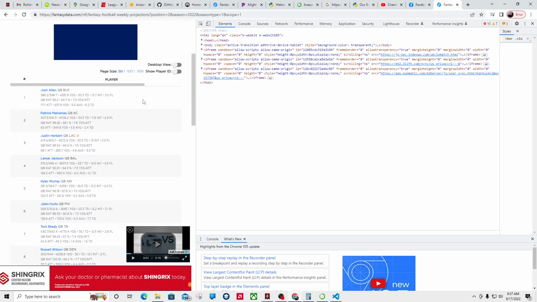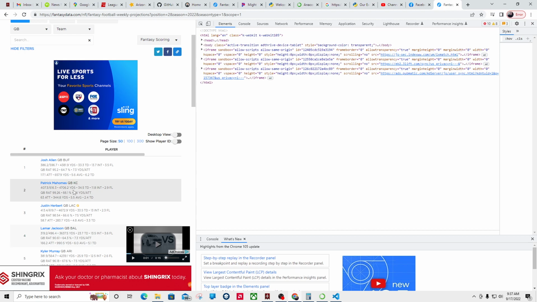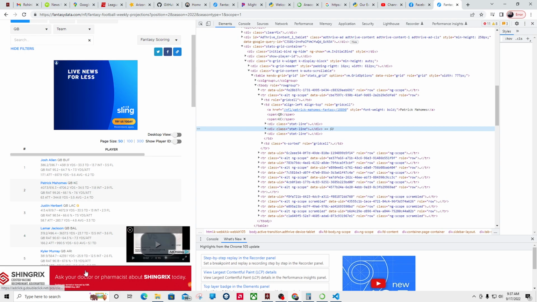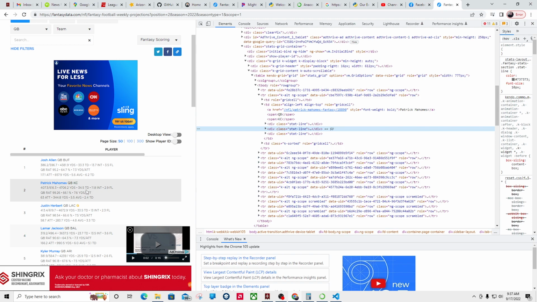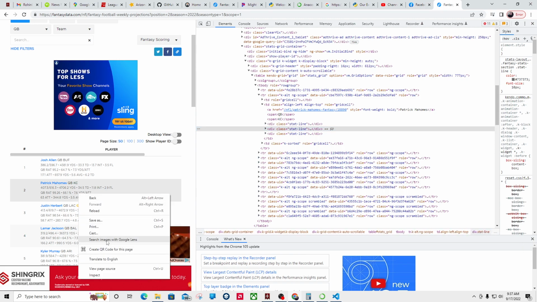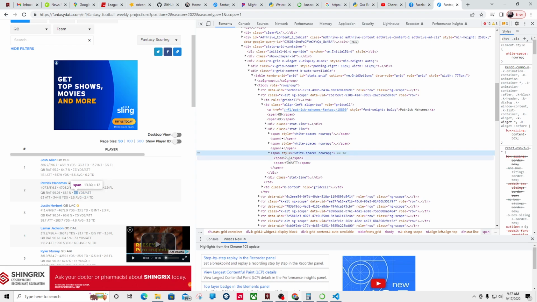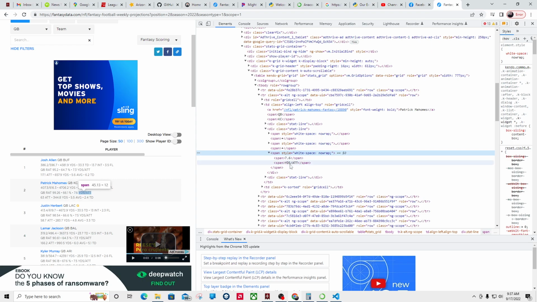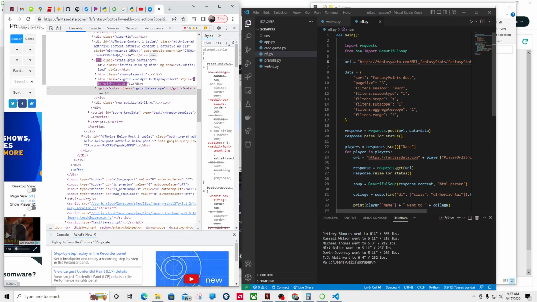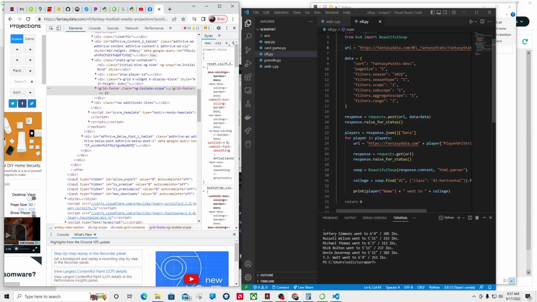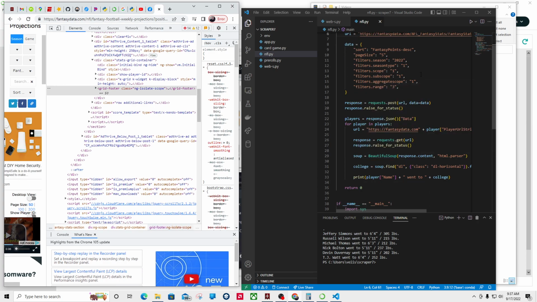This is actually happening to me on the other one too, where you see all these stats. If you right click and inspect, it should take you right where the stuff's at. Now I'm gonna be very specific. Now it's the 7.6 yards. Boom, inspect, and you'll notice it highlights this. If I just click that, boom, 7.6. Right. So notice that. Okay. So what you do with that is you see how down here,